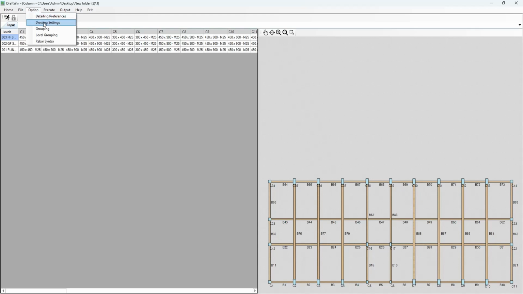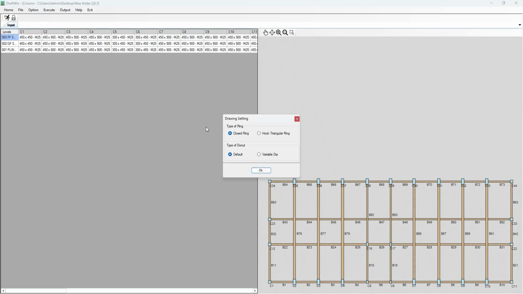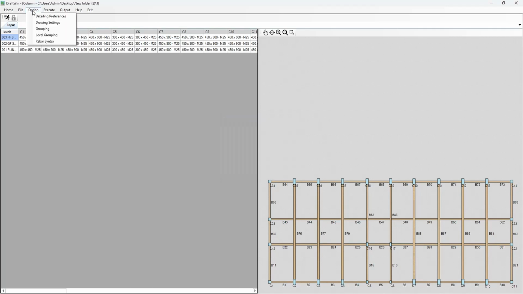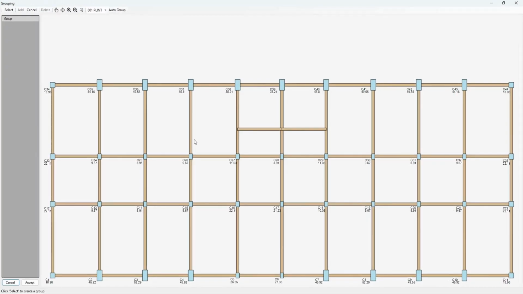The second option is drawing setting. You can select the closed rings or hook triangular rings. You can select the default dowel style or the variable dia style. You can group the columns based on the specifically made algorithm by the DraftWin software. It gives you the column number as well as the reinforcement requirement in that column. You can group the columns by selecting almost